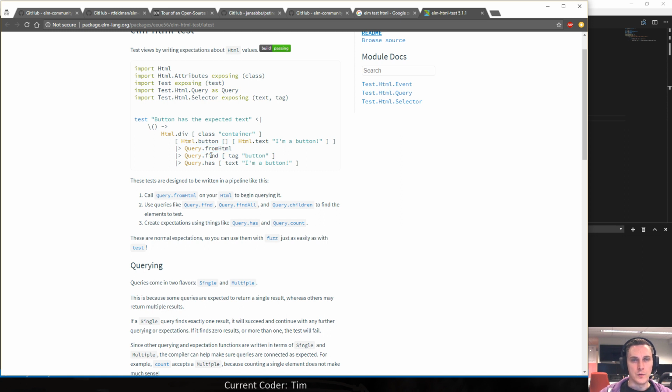And in this example, they want to find in HTML a button tag that has a text, I'm a button. And you do that on this div, basically.